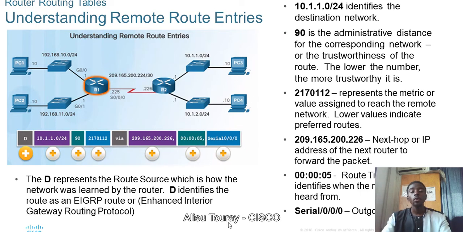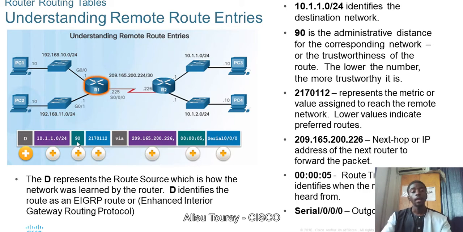Now let's say, for instance, I use show IP route on my router, and there are some remote networks that are configured. Maybe I use a static route, or I use a dynamic routing protocol, for instance EIGRP, like in this scenario in the CCNA routing and switching slide. You have D here, that means EIGRP. Now it's telling you that this network is remote to router 1. This command is used on router 1.